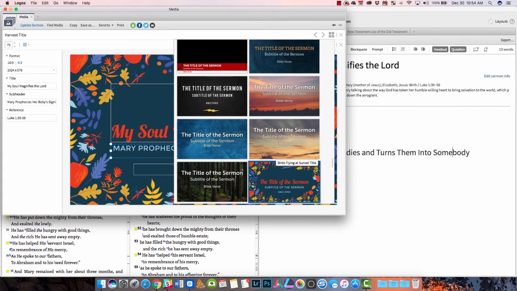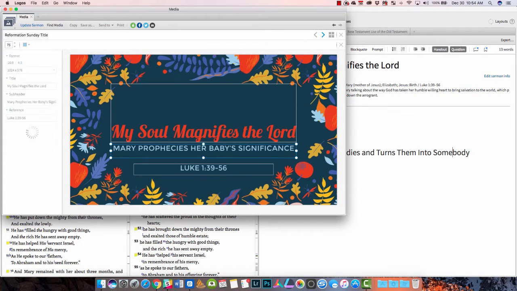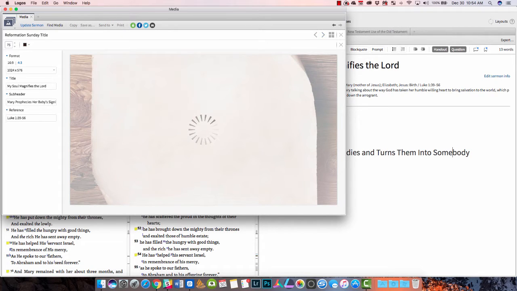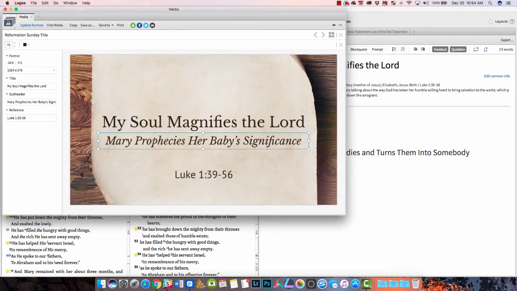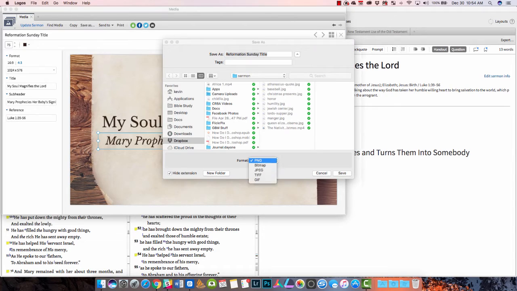Now, if you've got different layouts that you have used here, you can click it here. If you've got more than one slide layout that you're using, you can click between these to see them. This gives you ways to change the text, like the color of it, the size of it, those kinds of things. Now, when you're finished, you can save it as, and that'll pop up a way to save